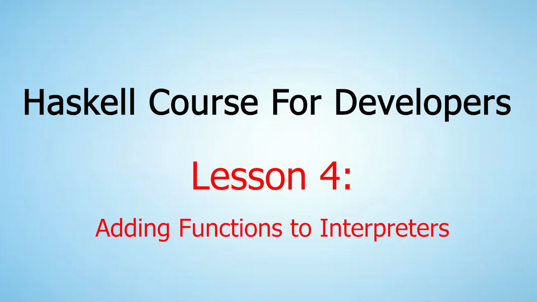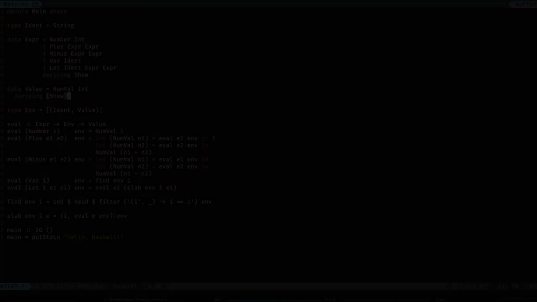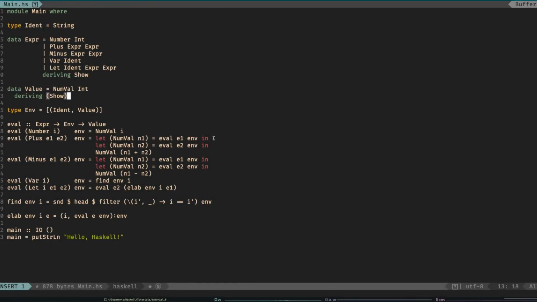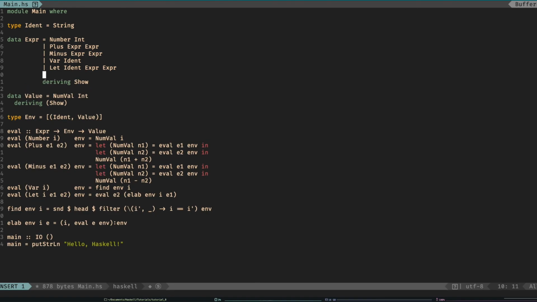Hello. So a little bit of a change of plan, and we're actually going to go over functions, adding them to our interpreter today, because it can be a little bit tricky. So I'm going to try and change this interpreter as little as possible to add functions. So how I think I'm going to do it is I'm going to add in a lambda,